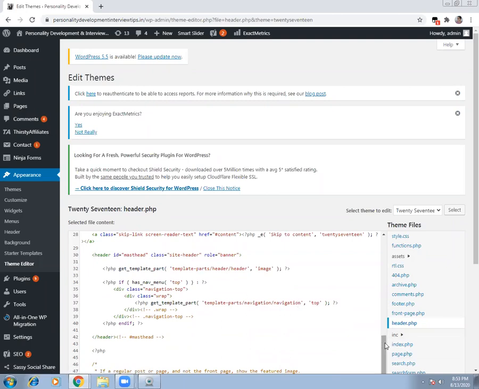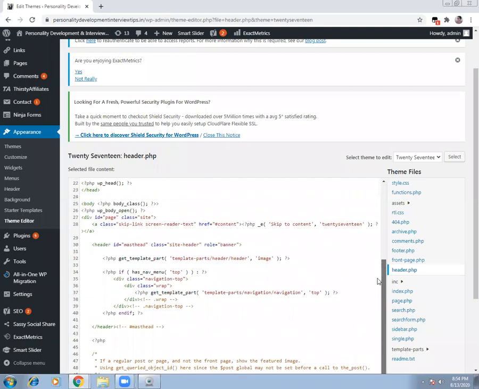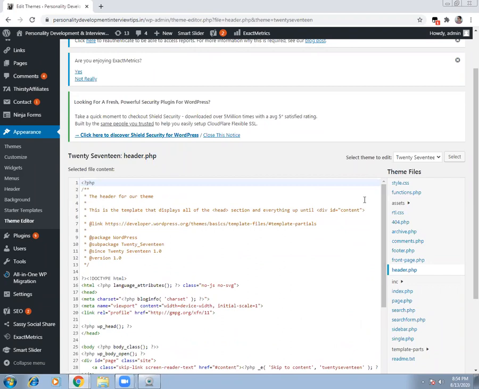But here I'm not going to do that because I have a WordPress site and I have a plugin there, which I can just download and do it. But if you're using HTML, which you have developed with your own coding, or you have an admin who is managing your website, you have to share this code with him. And what he is going to do, he is going to search here and look for header.php, and in this header section only, he is going to paste this particular code. And once he pastes this code, then it is good to be taken forward. So that is when it gets connected to Convertful.